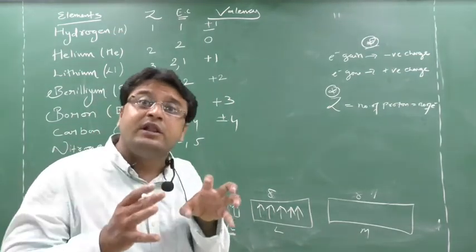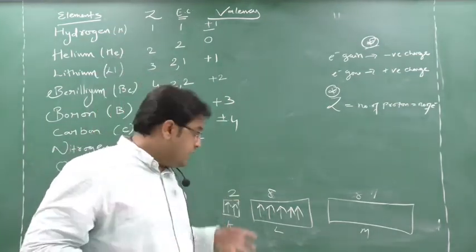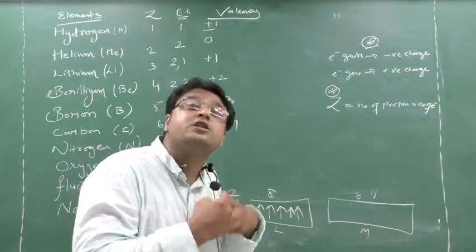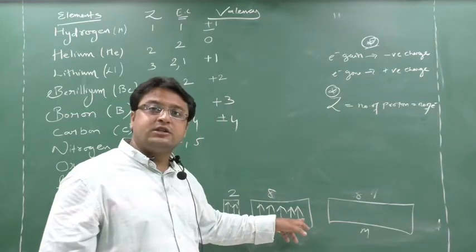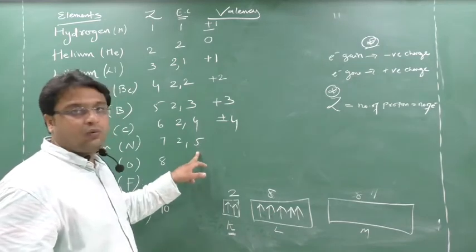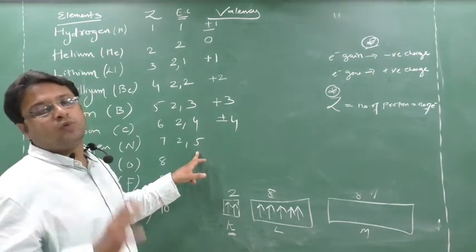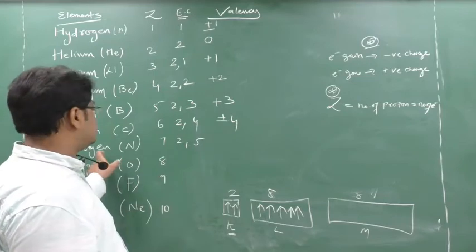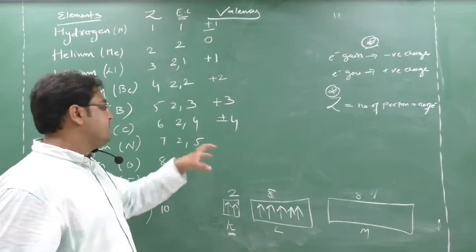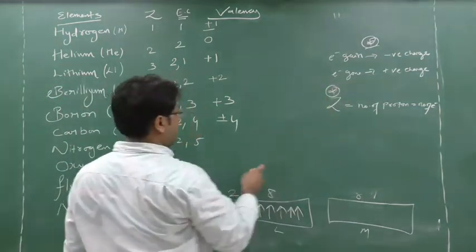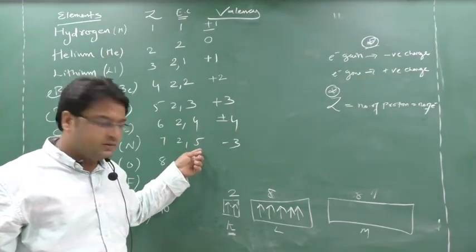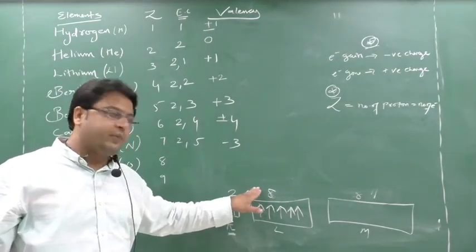Now these 5 will think, if we do not get a room now itself, where will we go? So what will they do? They will try to get 3 more persons. Because you have 5, no? And persons required is 8. So they will think, okay, we have to search 3 more persons. So they will search. Who will search? This nitrogen will search 3 more persons to make it 8. So if they are searching, means electron is gained. And when electron is gained, what charge will come? Minus 3. Yes or no? Because they will gain 3 electrons to make 8. Here there are how many? 5. Required how many? 8.